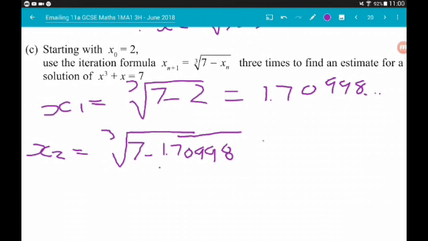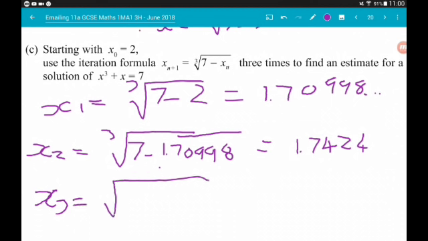Okay, now that gives us 1.7424. This time to 4 decimal places, I think that'll be enough. The only reason I went to 5 in the first one is because it rounded weirdly if we went to anything less than 5. And then x3